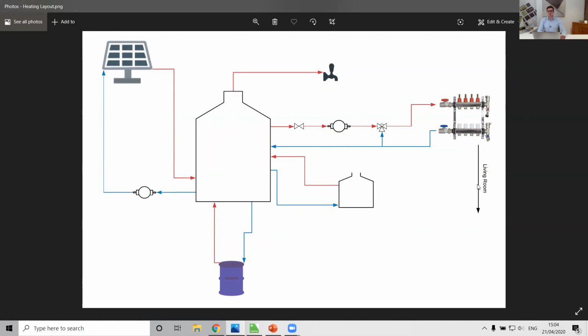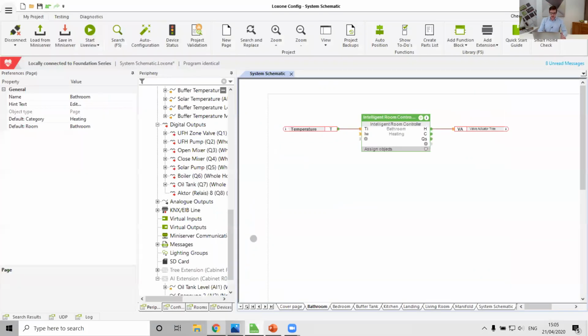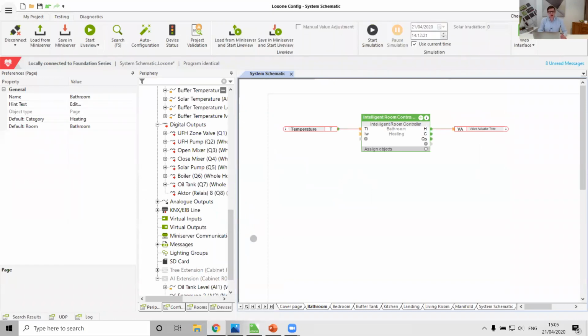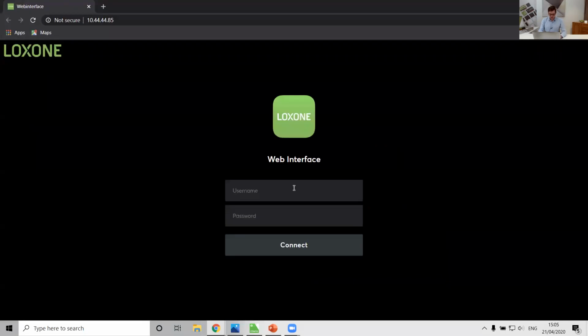We've then got a manifold which feeds our rooms, and at the top we've got domestic hot water. Looking at this in a diagram, I can say, okay, I understand this heating layout. If this heating layout is configured in Loxone, it can all work absolutely perfectly, but in the user interface,